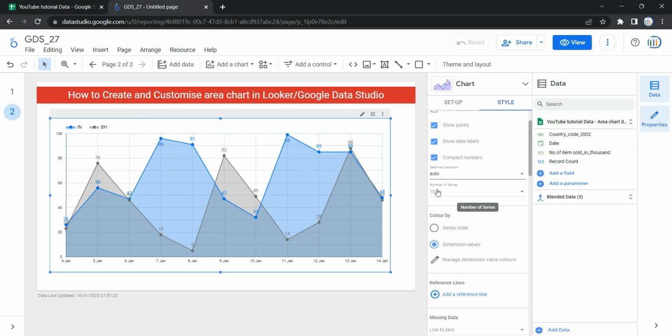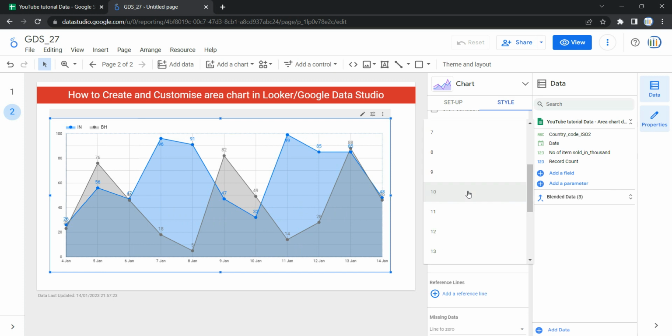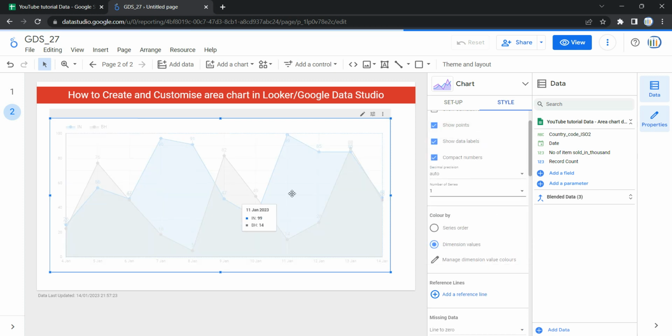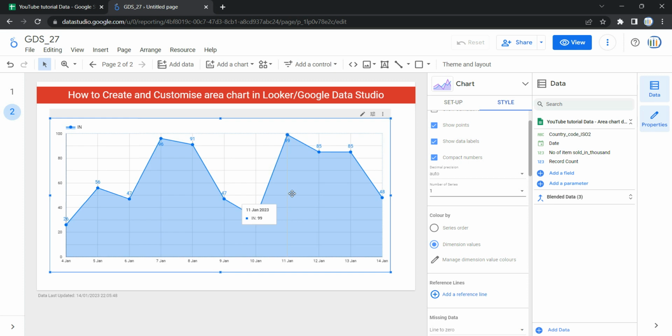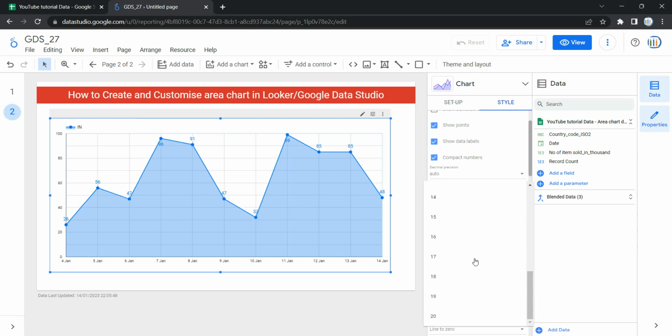Now the next option that we have is number of series. It determines the number of secondary dimension series shown in the chart. If the number of series selected is less than the number of series in your chart, over here I have 2, so all the series are showing, right? Now if I select this to 1, then you will see that only one series is appearing in my chart. The first value is appearing over here and the other value is not appearing. So if you have a series of 10, 15, 20, then you can show up to 20 series on a particular